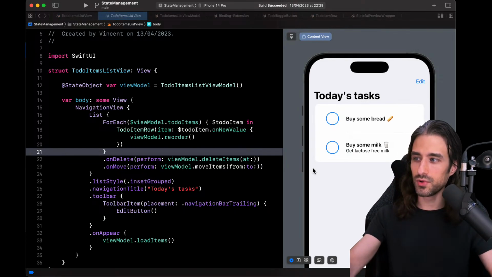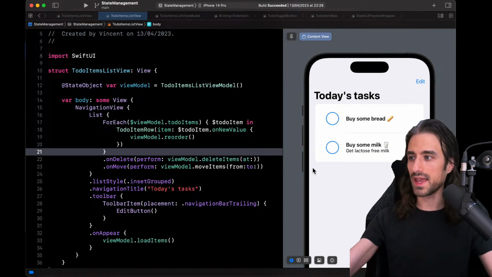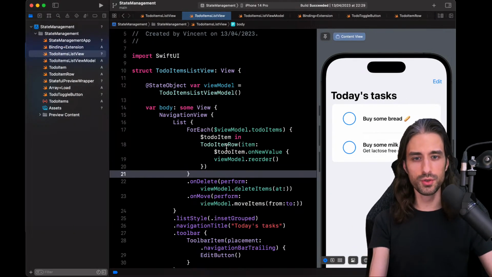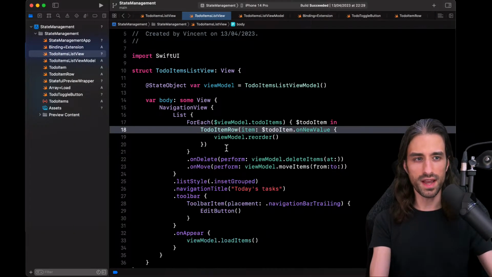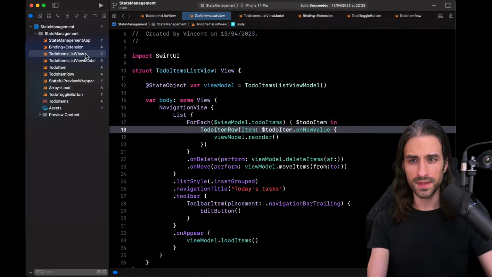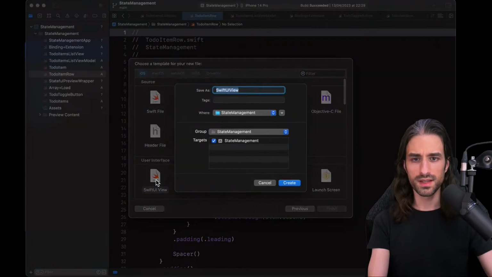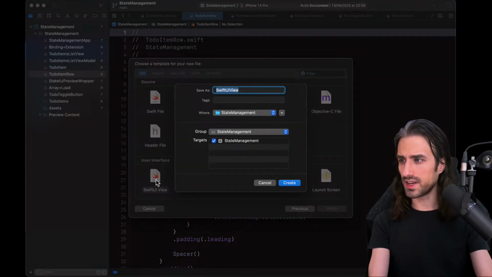And as always, I'm looking at my script to make sure I am not forgetting anything. So first step will be to create a new SwiftUI view. I'm going to hide the preview for now. So just like we had the to-do list view model, the to-do item row, I'm going to create another view. How do I name it?